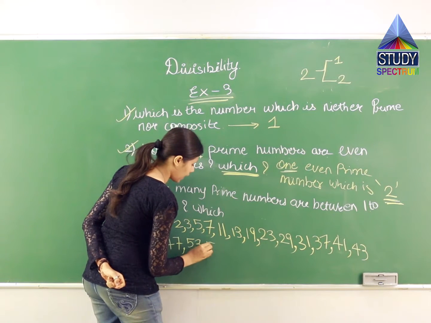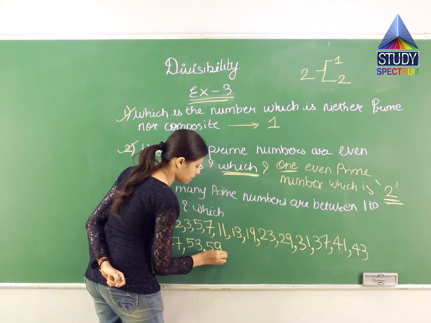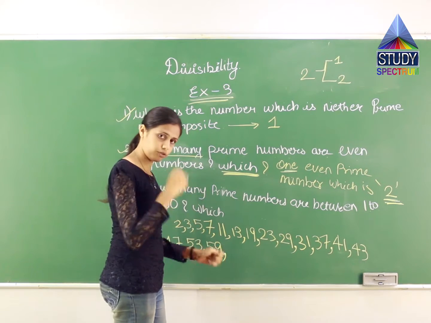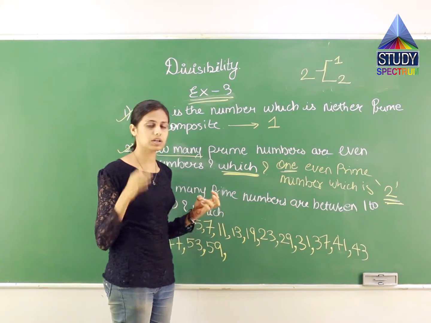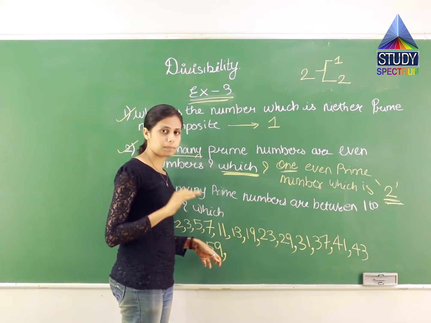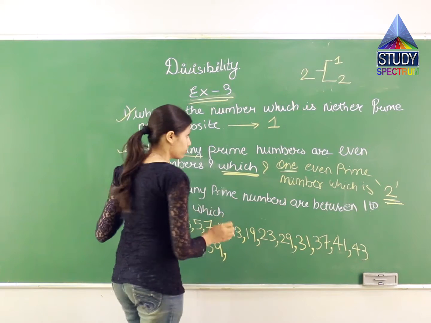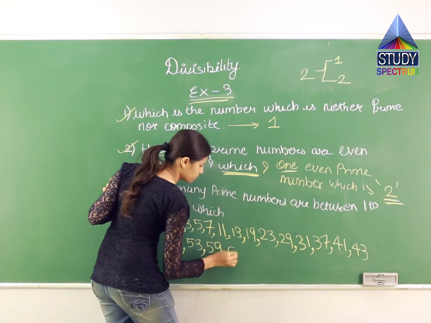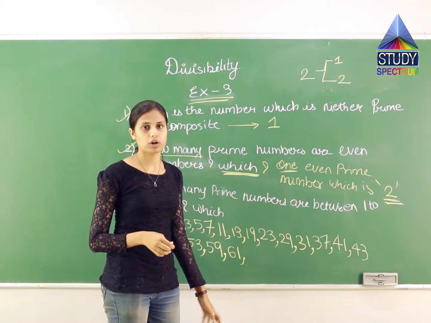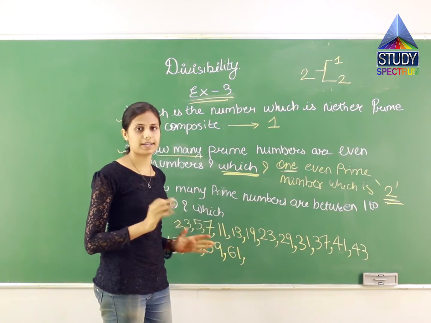Then I have 59 as a prime number. It also comes in the table of 1 and 59. Or when you read the tables from 1 to 20, it will be very simple for you to know whether this number comes in the table or not. So 59, then I have 61. 60 आता है, right? So then 61 also does not come in any of the tables except 1 and 61.